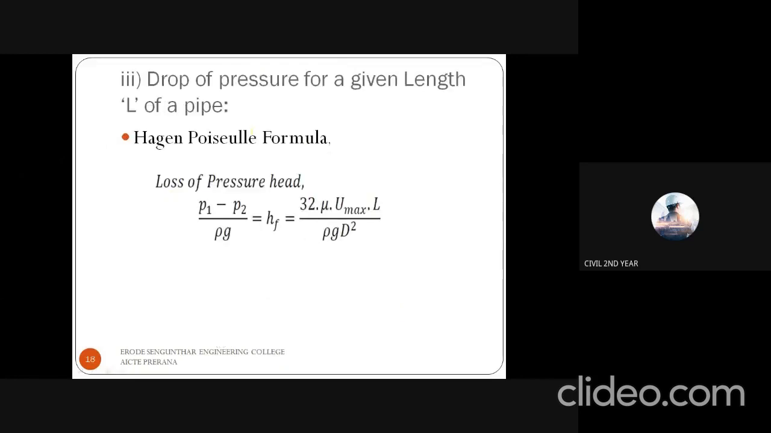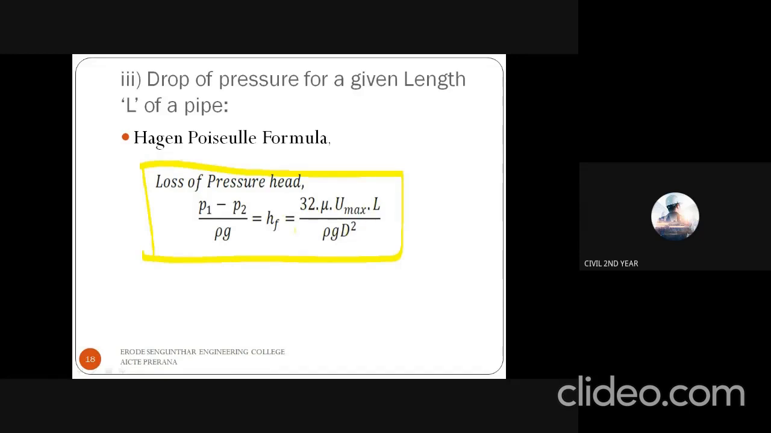Then the third parameter, drop of pressure for a given length of a pipe. So, the Hagen-Poiseuille equation, this is the final formula for Hagen-Poiseuille's formula. Loss of pressure head: there is a pressure head difference between one section and another section. P1 minus P2 divided by rho into g is equal to hf. hf is the head loss, which is equal to 32 mu into U max into L divided by rho g